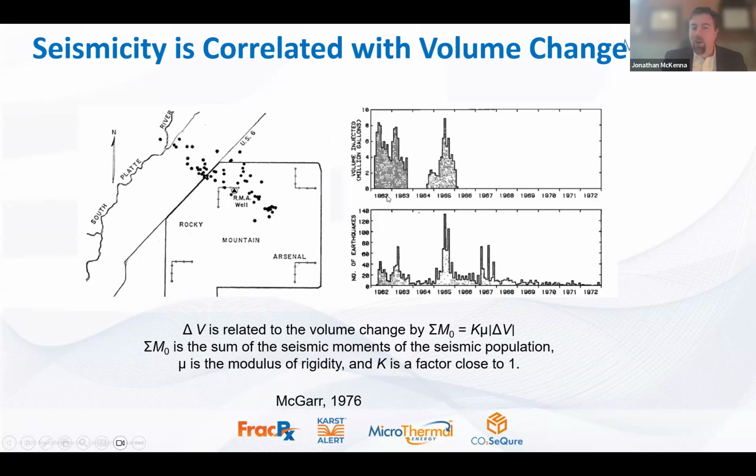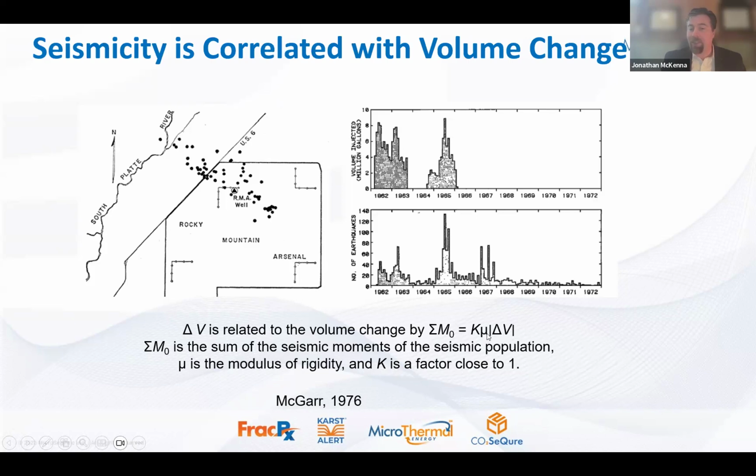And there was strong correlation with the amount of injected fluid versus the actual number of earthquakes that they were detecting in the area. And they were able to relate the volume of the injected fluid to the sum of the seismic moment that was being injected. And that sum of the seismic moment was equal to the change in volume that was injected multiplied by the